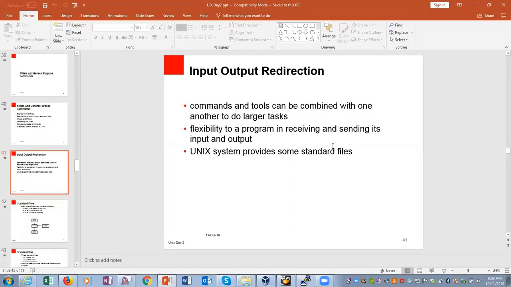Input output redirection: commands and tools can be combined with one another to do larger tasks, giving flexibility to a program in receiving and sending its input and output.